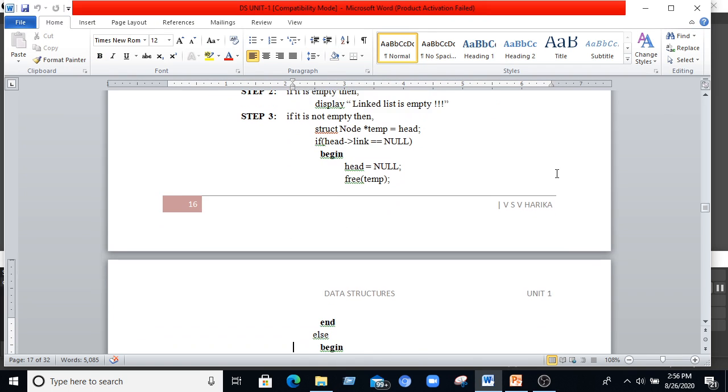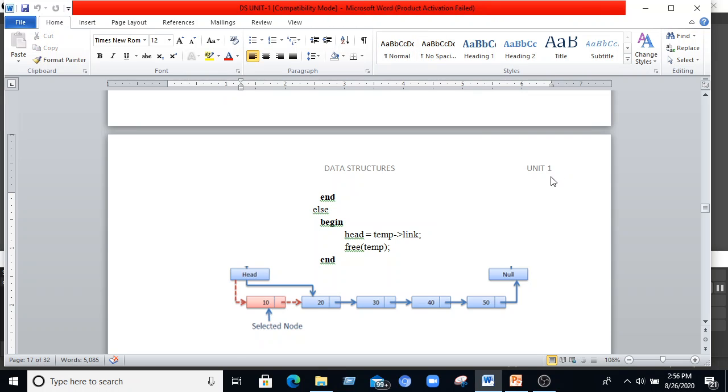If it is not empty, we will check the link. We will place the address of the next node. Let us consider the nodes A, B, C, D, E. We have placed the address of node A in the head, and the address of node B in node A. Now we are removing node A. Then the address of node B, 20, is stored in the head, and the address of 10 is deleted.